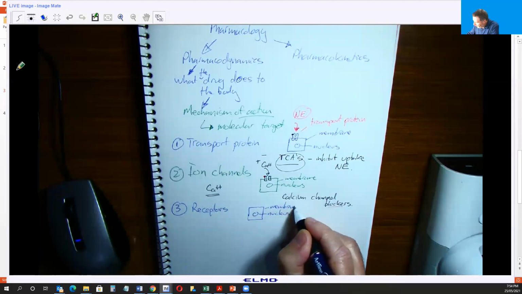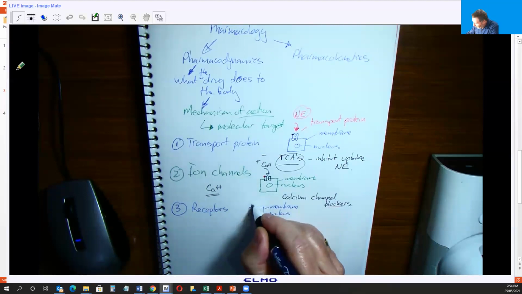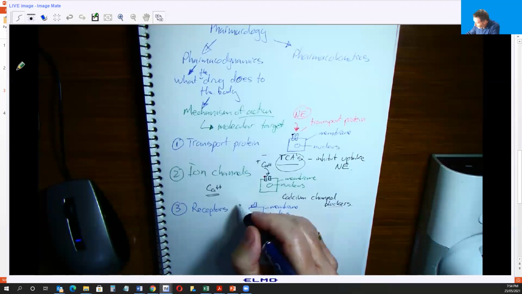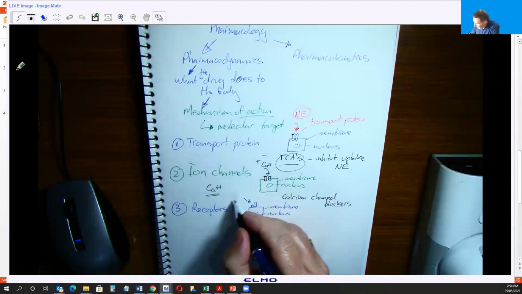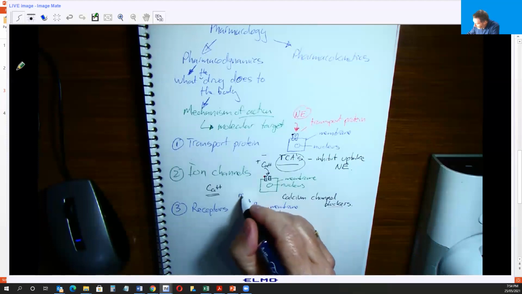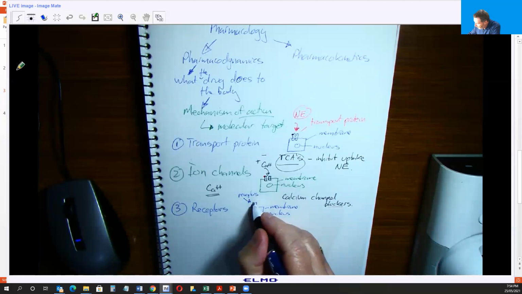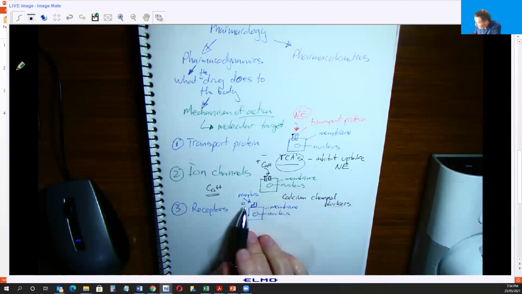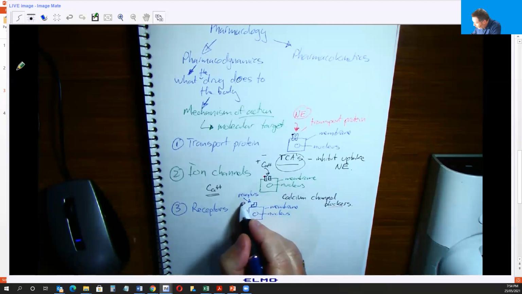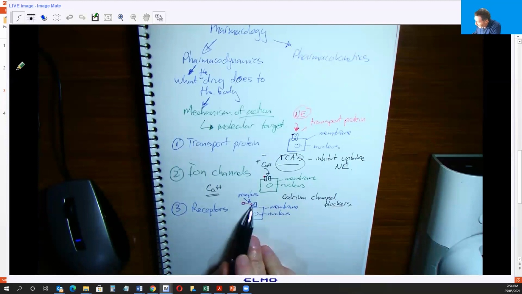On the surface of this cell is this structure here, which is known as a receptor. It's perfectly structured to receive a particular ligand, this square structure. If it was a particular molecule or a drug, it would fit perfectly in that slot